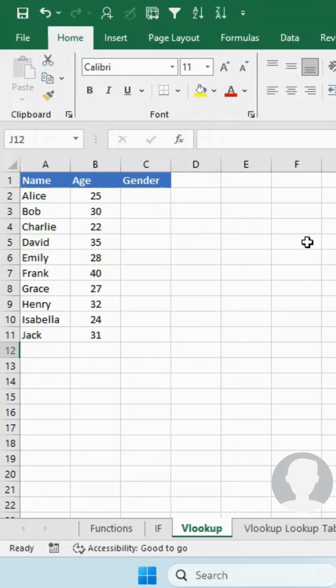Hello and welcome back. In today's video we're going to be talking about VLOOKUP. Now, VLOOKUP is a function in Excel. We're going to use VLOOKUP to search for a value and return a corresponding value, meaning